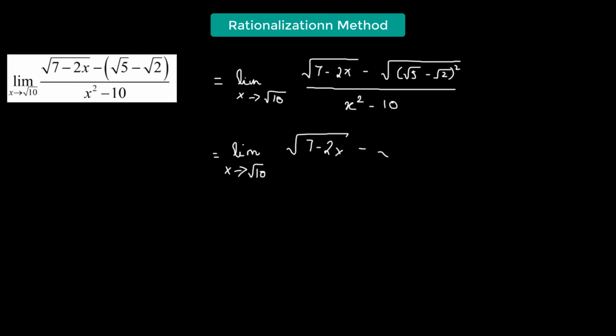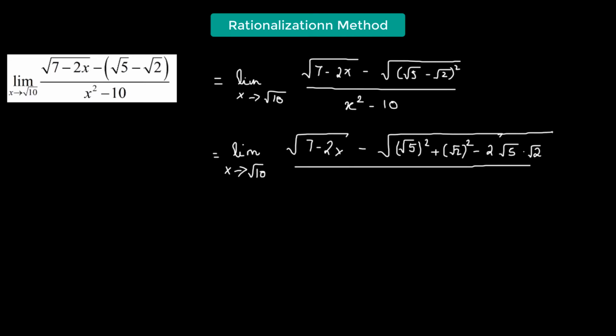Now we're going to expand square root of 5 minus square root of 2 whole squared, and that is going to give us square root of 5 squared plus square root of 2 squared minus 2 times the square root of 5 times the square root of 2, divided by x squared minus 10, which is equals to limit x approaching square root of 10,